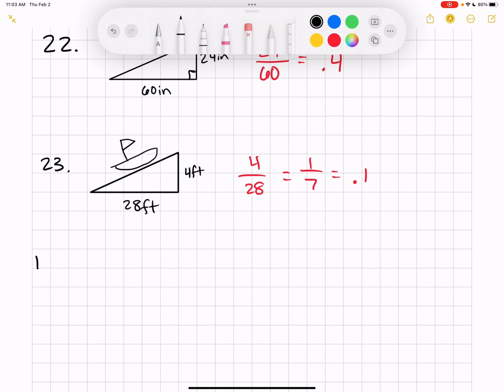Number 19. So I'll write out the problem, but you don't have to write it out when you're doing your problems if you don't want to. The table shows the number